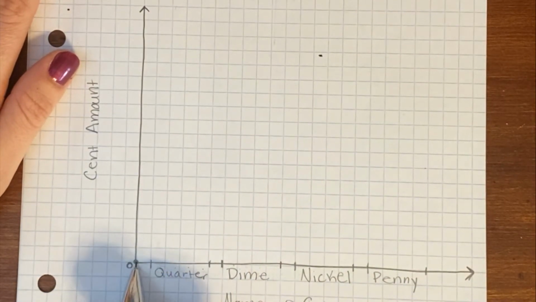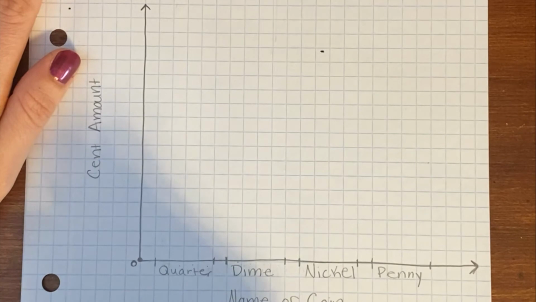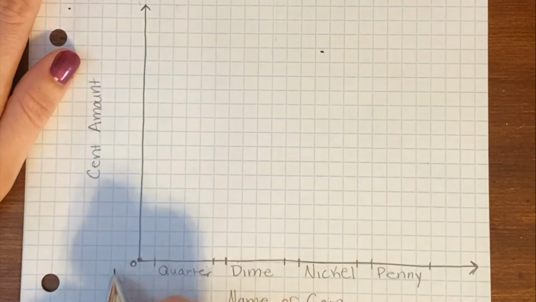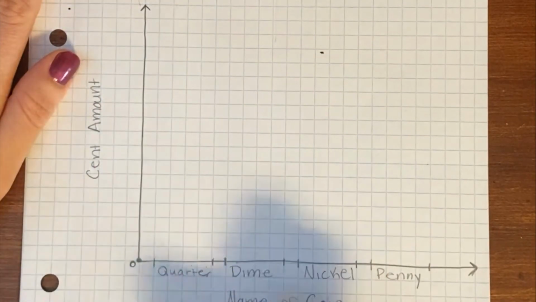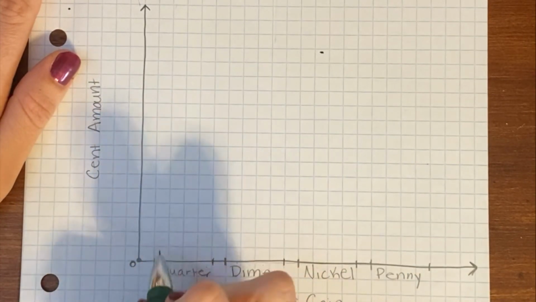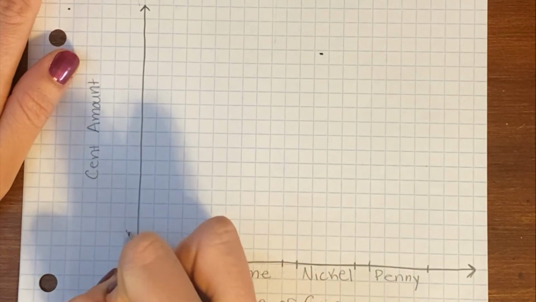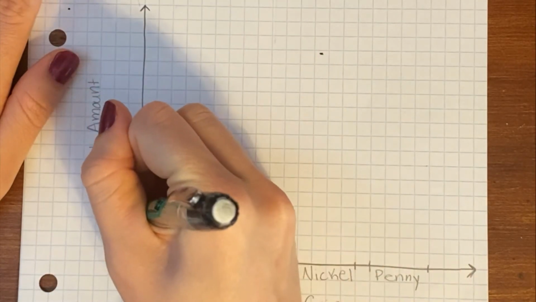Where the 2 lines meet is always 0. We call that our origin. Okay. You guys might have heard that name before when we were talking about rays. So these are kind of like 2 rays in a sense, because they're going to go on forever. So we have 5, 10, 15,